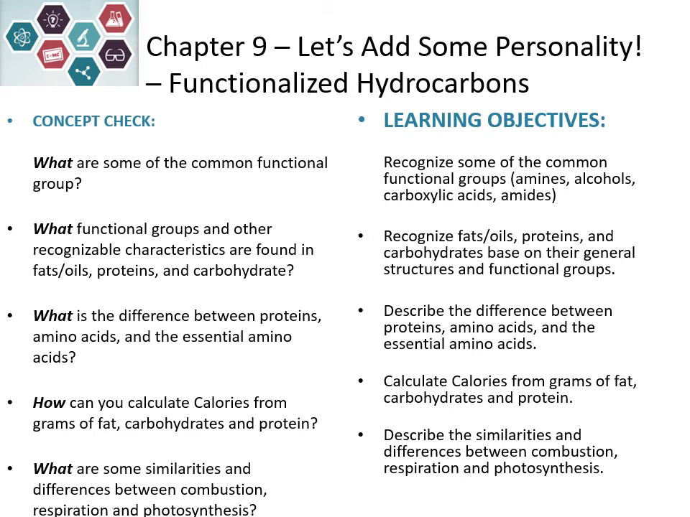Once you've completed Chapter 9, you should be able to recognize some common functional groups, what functional groups are present, and characteristics of them in different molecules found in food, such as fats, oils, proteins, and carbohydrates. We're also going to look at the differences between proteins, amino acids, and essential amino acids,